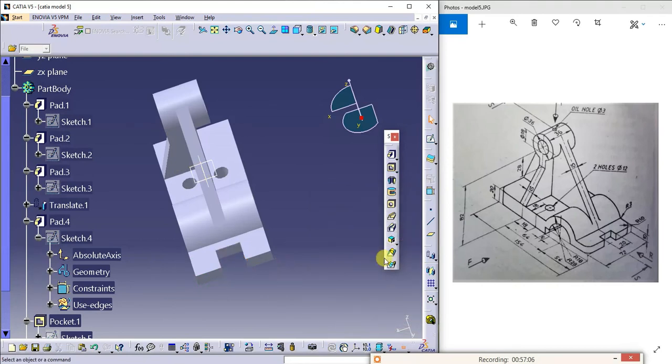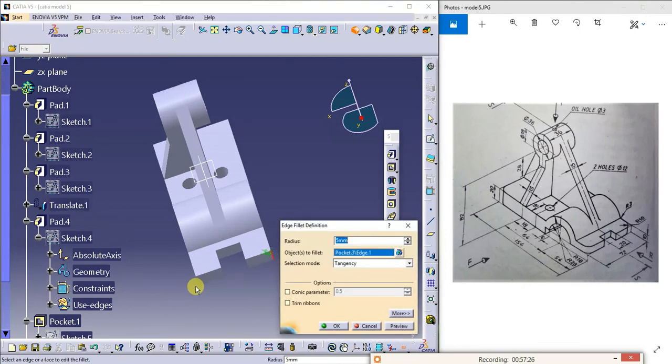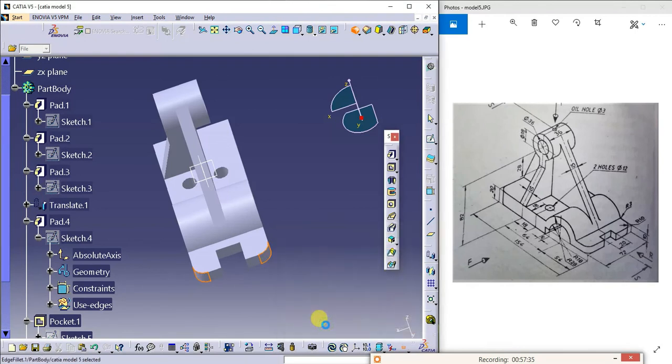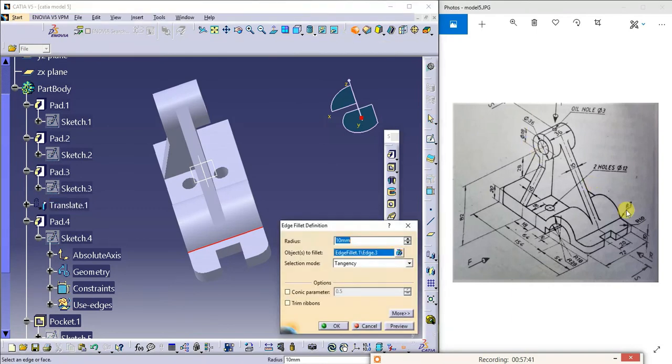This is our cutout. Next there is a fillet here. How much is it? 10 mm radius fillet. Here also I need to take it as 10 mm. So I'll go for the fillet command. This is the edge fillet, this and this edge. Total radius is 10 mm. So I have created a fillet here. Next, here also he is telling a fillet of radius 3 mm. So 3 mm radius, because he has given 3 mm here.